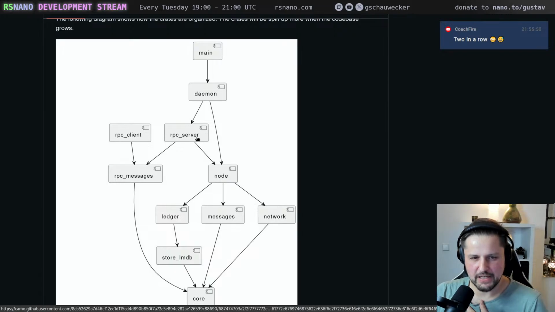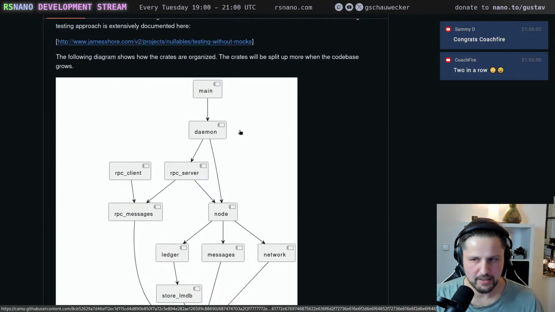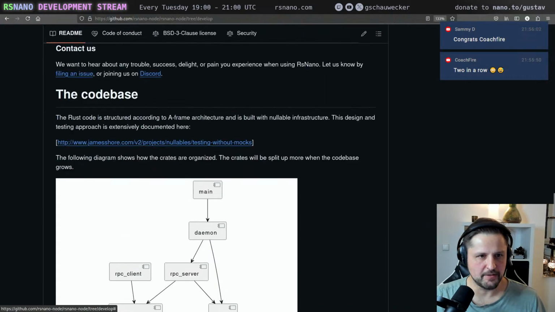And my thinking was to also extract the WebSocket server out of the node and to put it up here besides the RPC server, because yeah, WebSockets, it's just an adapter really. It's an adapter which is not really core functionality. So we should keep it out of the node. And that's what Rui worked on, and he created a couple of pull requests. So let's review them and let's try to merge them.